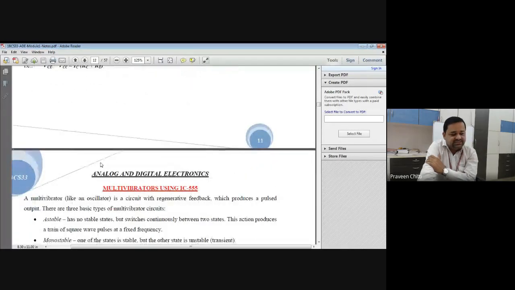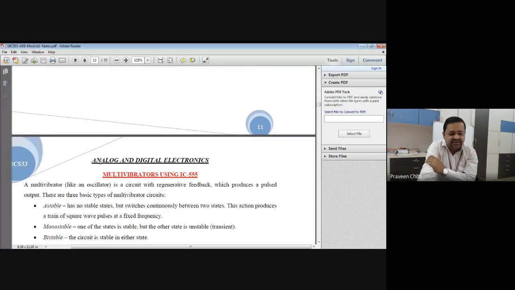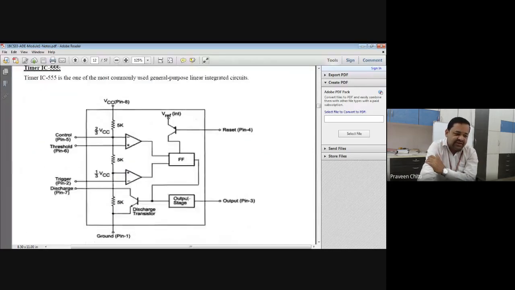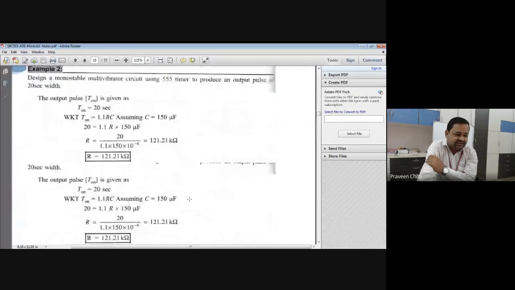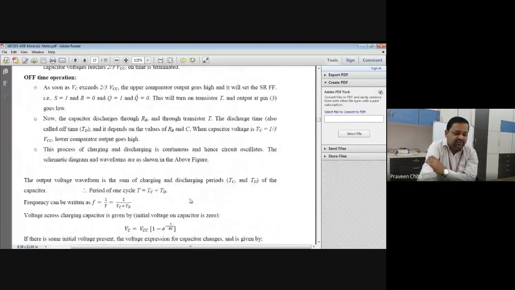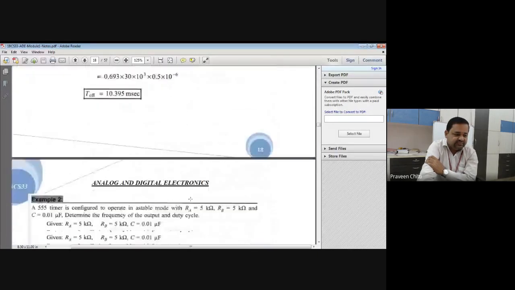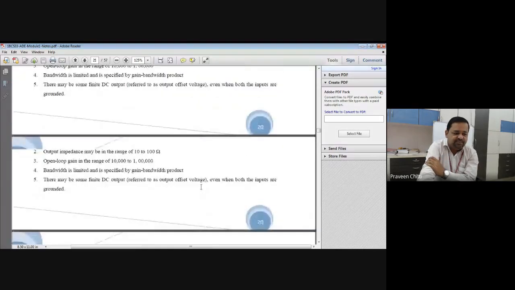And in the next class, in fact, you already studied astable multivibrator using a 555 timer in your first year engineering. Quickly, I will revise that also, and then we'll study the operational amplifier again. What is an op-amp? And we'll be studying a few applications of the op-amp, like V to I converter, I to V converter, etc. Right? If you have any doubts before I close, you can ask. In the next class, I'll be discussing the multivibrator in brief. Then we'll start with the op-amp. And then maybe after one more class, we could complete the discussion on this particular module 2.